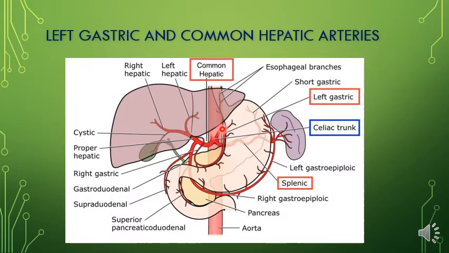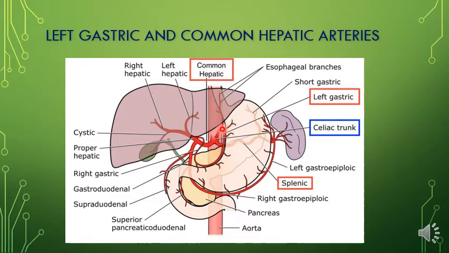Now coming to the left gastric artery, this is the smallest branch of the celiac trunk, but it provides a major supply for the stomach. Though it is a small branch coming from the celiac trunk, it provides a major contribution to the stomach, and it passes upwards and towards the left, towards the cardiac end of the stomach. This is the esophagus here, and this portion is called the cardiac end of the stomach. So the left gastric artery passes towards the cardiac end of the stomach, where it arches forwards.